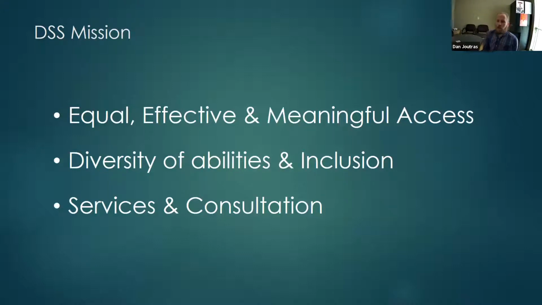So there's three main points out of the mission of our Office of Disability Support Services. We are committed to assuring that students with disabilities receive equal, effective, and meaningful access to all campus programs, resources, and services. That's first and foremost. We recognize that diversity of abilities is a source of excellence, enrichment, and strength for all members of the university